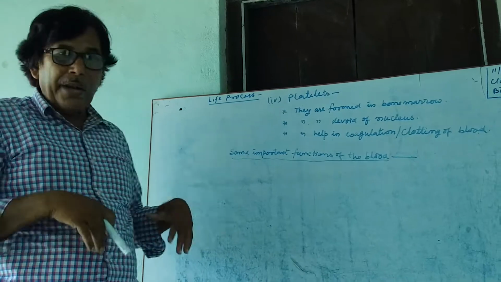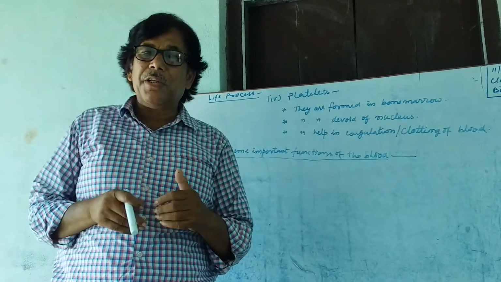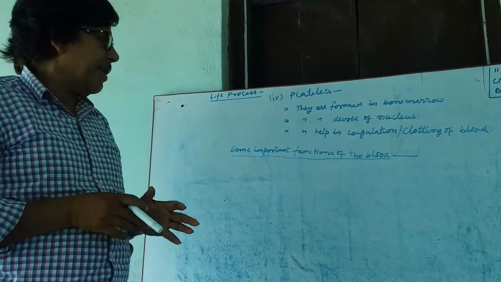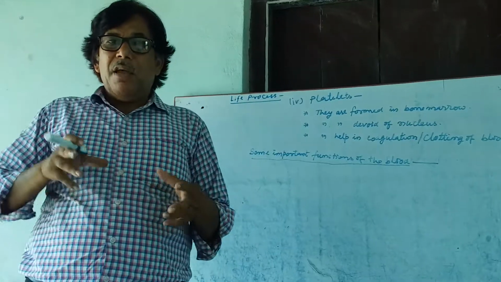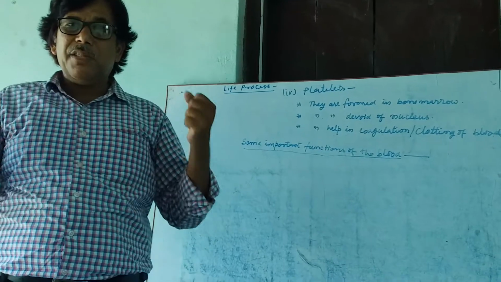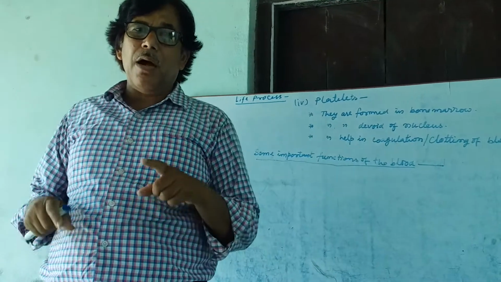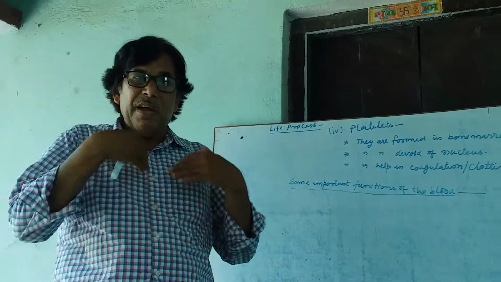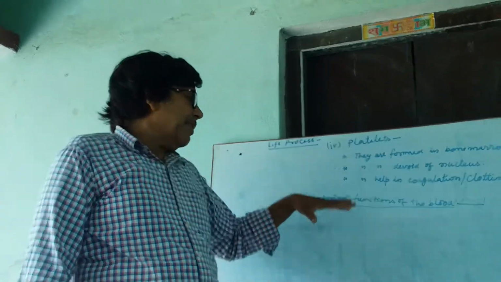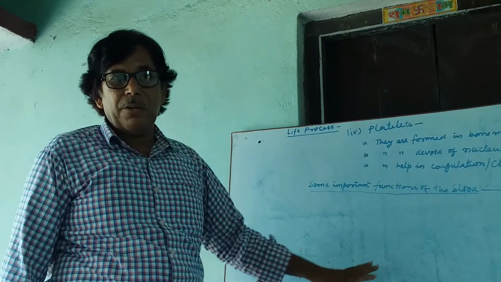It also maintains the body temperature around 30 to 37 degree Celsius. These are some important functions. Again, WBC of the blood fight against disease, meaning it provides strength to our immune system. It protects us from various diseases, various germs of disease. Thus, these are the main functions of the blood.